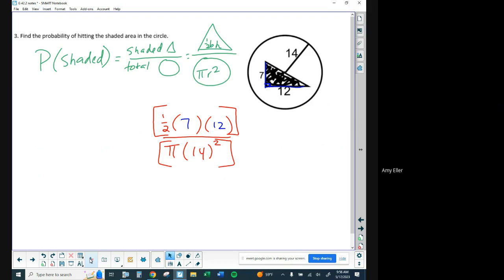I'm going to do the top, 1/2 times 7 times 12 is 42. And the denominator, pi r squared,